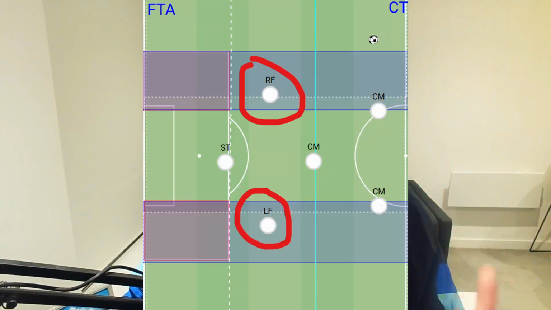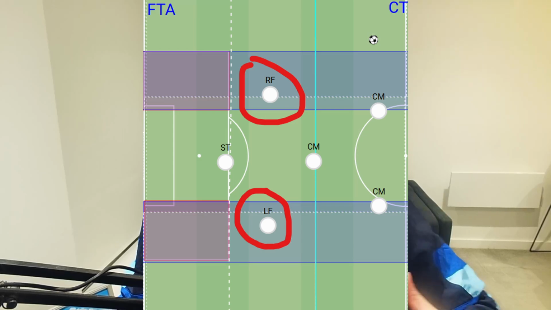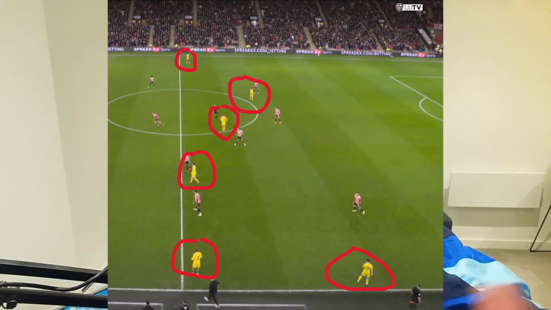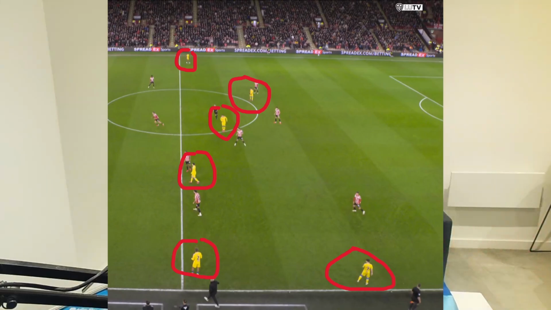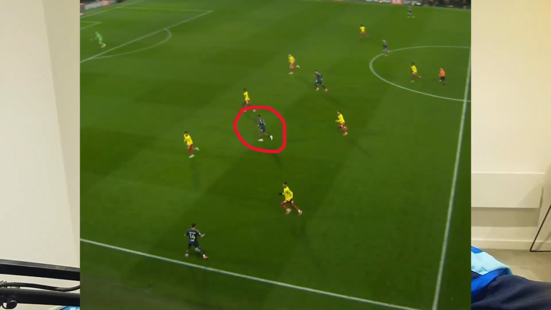The uprise of creativity in wingers is completely different to what it used to be traditionally. Inside forwards are now a thing. You're literally playing with six players in the attacking third to make it more compact. Eights like Tanaka and Rockwell are kind of 10s in certain aspects. So the 10 has to adapt to the system that you play, and fullbacks as well become attackers. So the game is completely different to what it used to be.